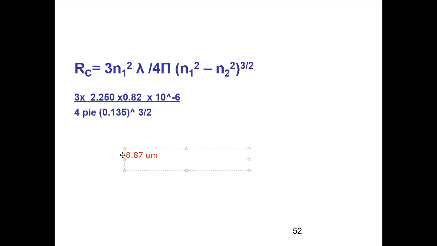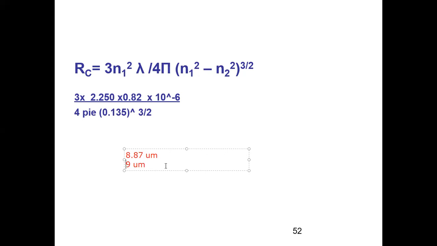The 25, 24 that was coming? No, nobody is around 24, 25. Yes, so this is the correct answer: 8.87 micrometer. In the book, it is given as 9 micrometer. So they have approximated it, but you can keep it 8.87 micrometer. Is this clear now? Those who were getting 24, 25, I hope you realized where you were making a mistake.